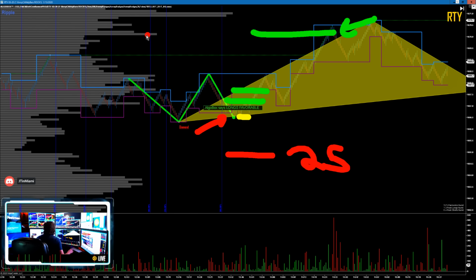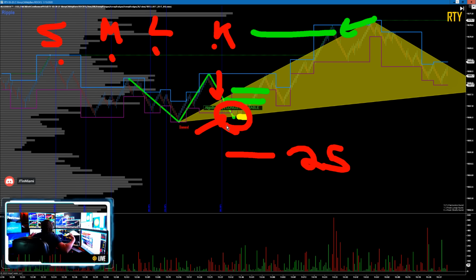If you don't know what SMLK is, I can't tell which one of these is what, but know that there are 4 lines in here. SM, so it looks like L, and that is probably K. Small, medium, large, king size. We waited for the king timing, and we got this dot, plus longs favorable, and we're trying to build confluence of things hitting there. And this is a bright dot, not a dark dot, so you've got more confluence sitting on this one going in your direction. Beautiful trade setup, rocking it out.